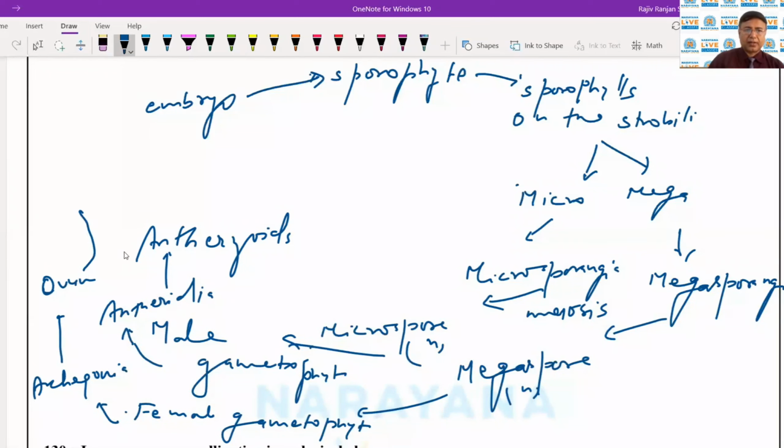Fertilization occurs. Fertilization, syngamy, occurs, and this gives rise to the zygote. The zygote soon forms an embryo, and this embryo develops into a sporophyte. So here we can just see that